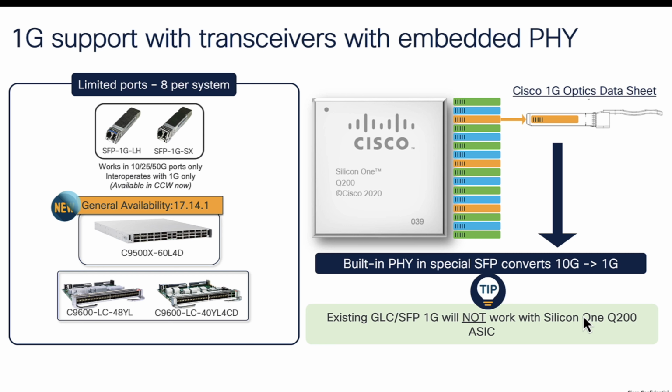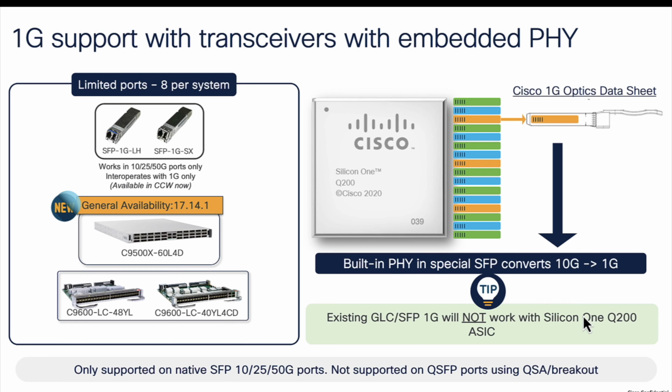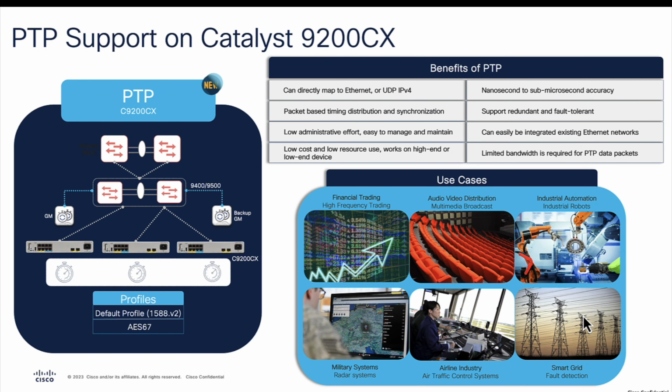For copper requirements, we're actively tracking this for our roadmap, and currently these optics are supported only on SFP ports, not QSFP ports. In response to the growing demand, we're excited to introduce precision time control, which is PTP, support on the Catalyst 9200CX, starting with 17.14. This is a significant upgrade, bringing the power of PTP to compact switches and opens up